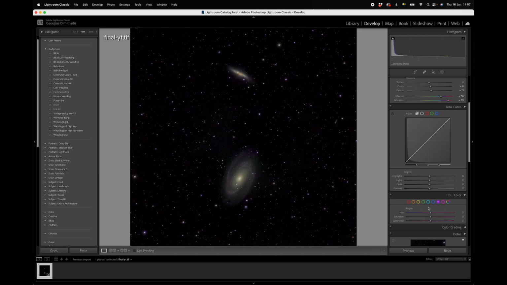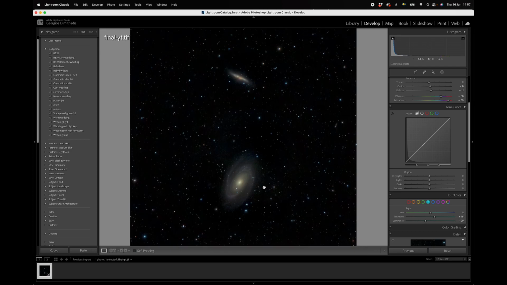And also this purple, I want that to be a bit more on the bluish side, right? Because that is what M82 looks like. It's a bit blue in the arms and a bit more orange in the core. So somewhere around there is fine, it's good enough. This one doesn't do much. It's this one that will make all the difference here. So making it a little bit more blue,